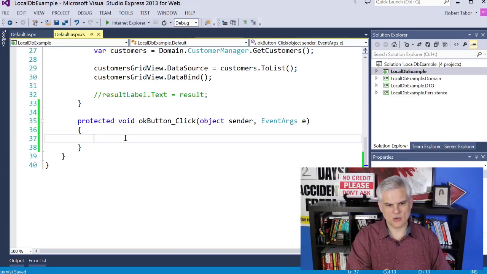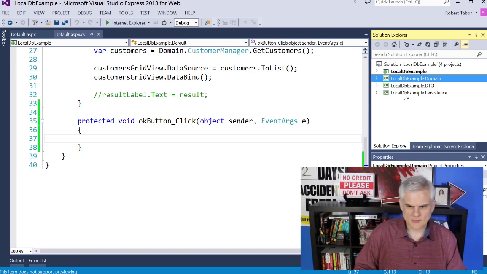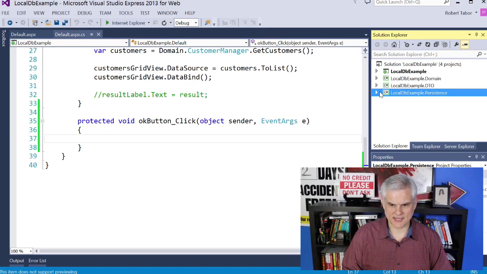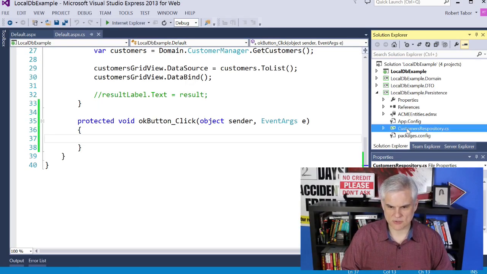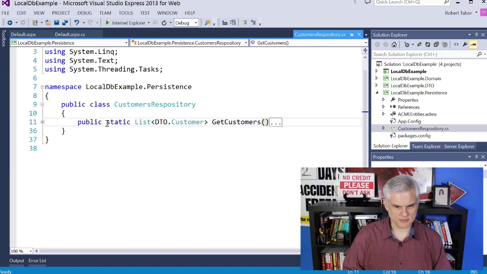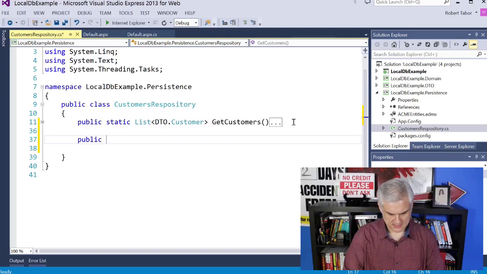from the OK button click event into our domain, which will then make a call into the persistence layer. And so let's start with the persistence layer then, and let's make a change to our customer repository.cs. I'm going to go ahead and capture some of this here. I'm going to copy those first two lines because I'm probably going to need them again. And I'll do a public static